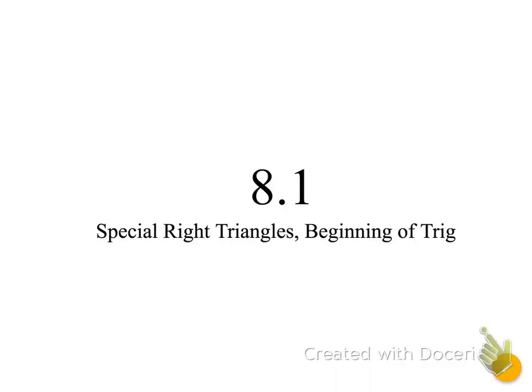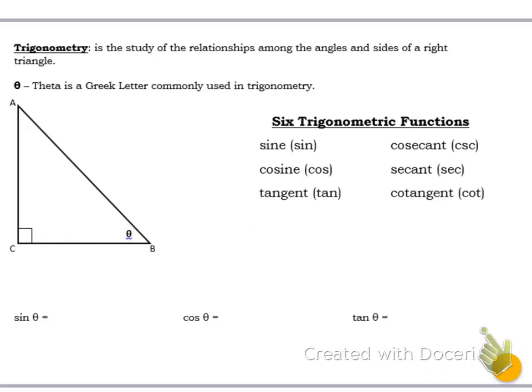In this lesson, we're going to start with the beginning of trig, so SOHCAHTOA, and then we're also going to go more in detail about special right triangles and how to graph with them. Okay, so trig is the study of the relationships among the angles and sides of a right triangle. So when we do it, we are looking at